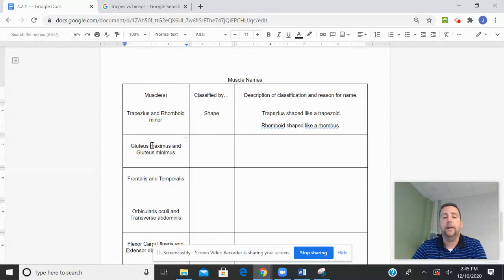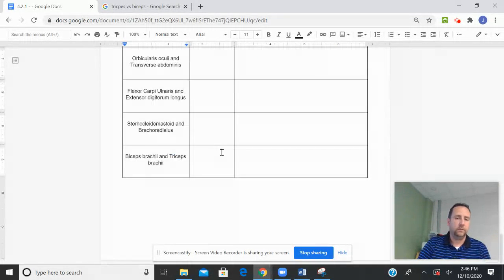And gluteus maximus versus gluteus minimus. What would that be classified by? I'll wait for you to guess. Yes, you're correct. Size. Yes, I know that's what you answered. So these are classified by size, right? The maximus is larger, the minimus is smaller. So kind of go through that